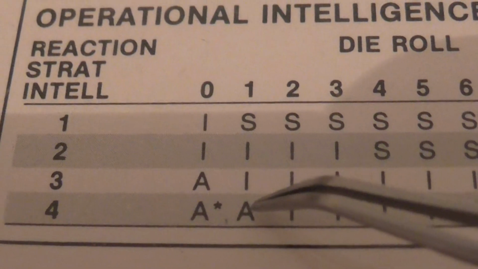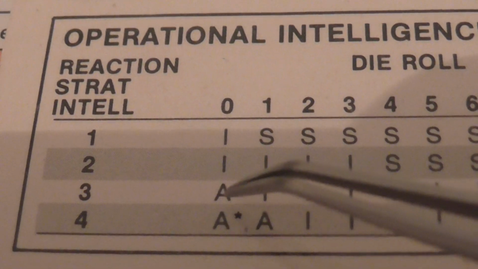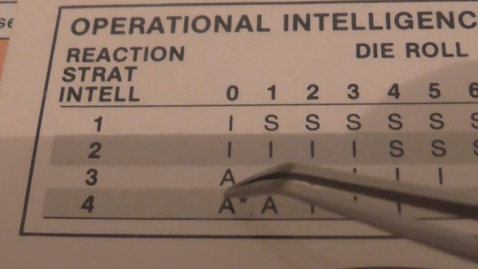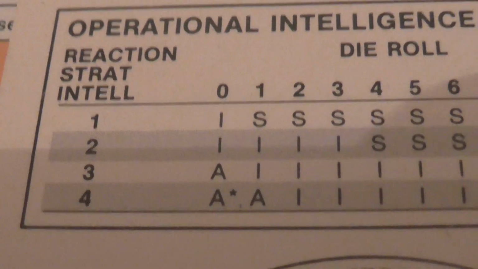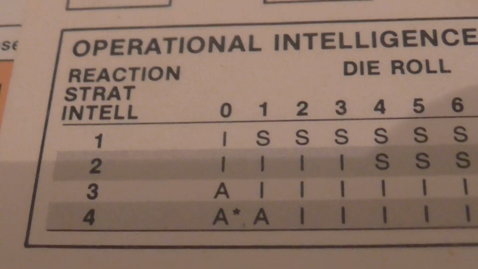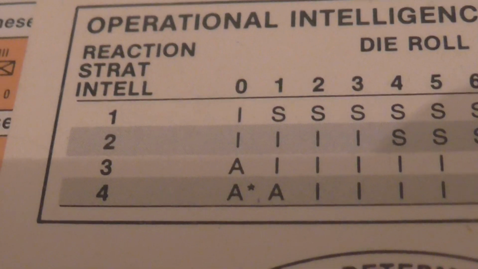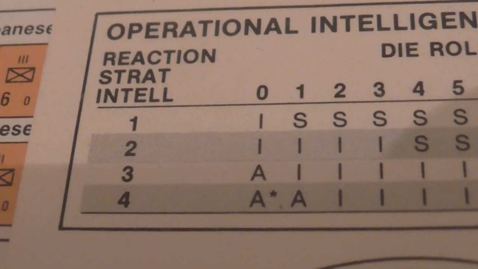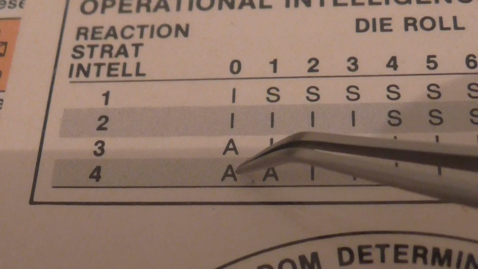I assume that is ambush, but there's an A asterisk here, and at no point anywhere can I find the difference between the A and the A star and the A. There is, of course, ambush and carrier ambush, which is a strictly superior version of ambush. So my assumption is that the A's are ambush and the A star is carrier ambush,